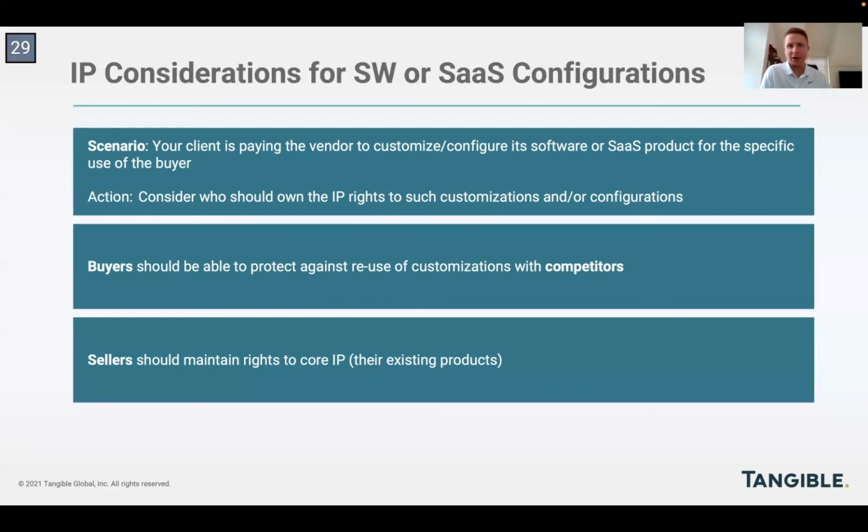Buyers should reasonably be able to expect that if they pay a company for their time to customize or produce a certain customized product, they should expect, if not outright ownership of that customization, at least an exclusive use, or at the very least, an assurance that that technology provider isn't going to turn around and shop that customization to a buyer's competitors.